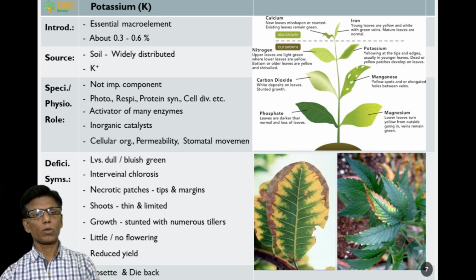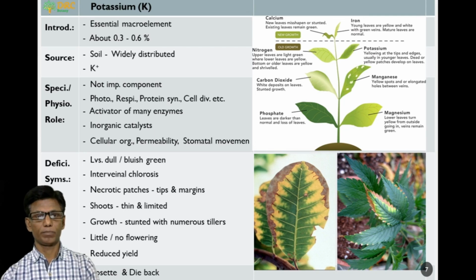Due to the deficiency of potassium, the leaves become dull or bluish green in color. Then interveinal chlorosis takes place, meaning the green tissue present between the two veins becomes yellowish. Then necrotic patches are also found at the tips and along the margins of the leaves. Then the shoots become thin and limited in growth. Then the plant growth becomes stunted with the formation of